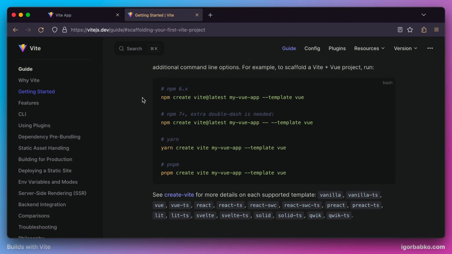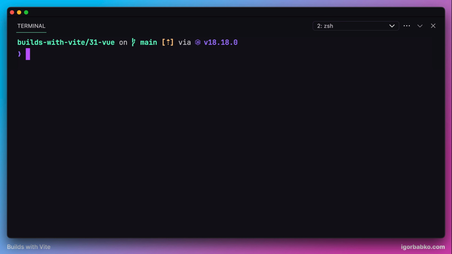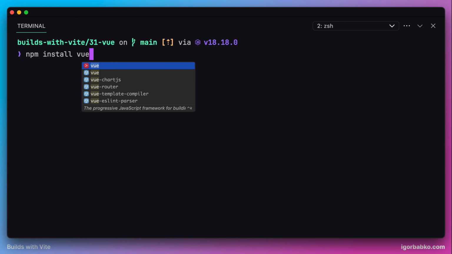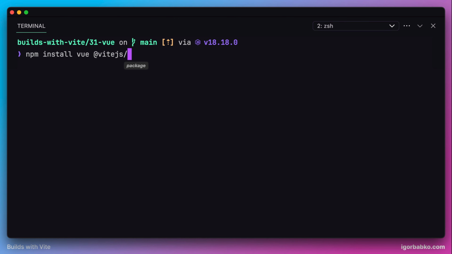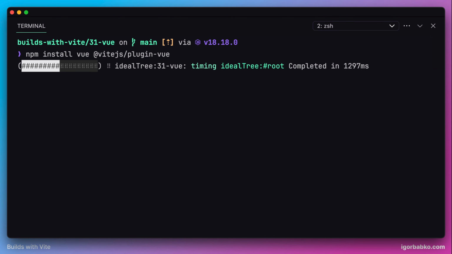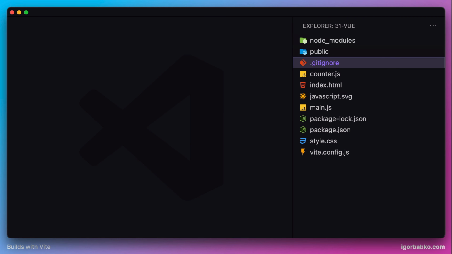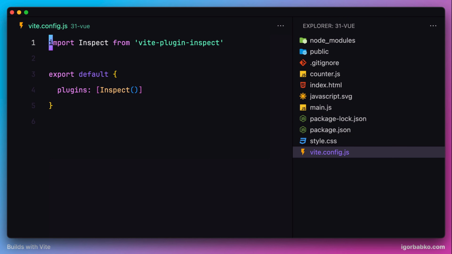And the first thing we need to do is, of course, install all necessary npm dependencies, such as the Vue framework itself and the Vite plugin, which will allow us to convert files with the extension .vue into JavaScript code. So after installing both of these dependencies, we need to open up the Vite configuration file, vite.config.js, and in